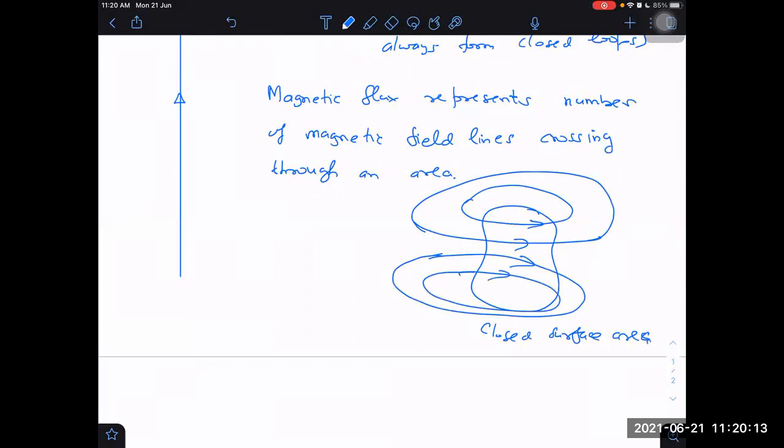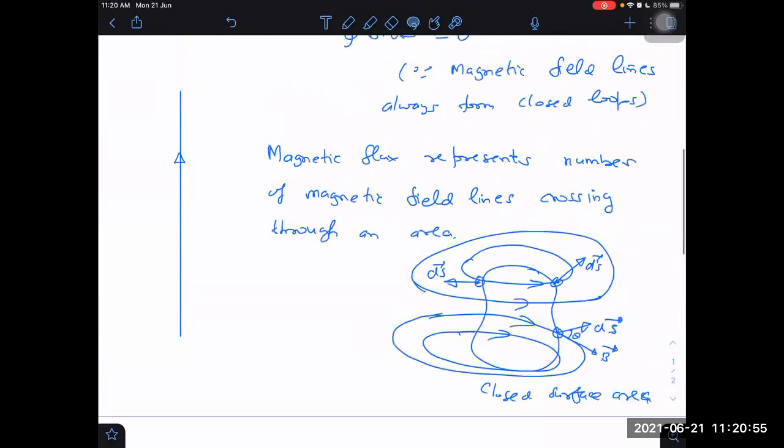So magnetic flux, where it is entering, will be taken as negative. Why is it taken as negative? I told you by convention, area vector will always be taken pointing perpendicularly outwards. This is area vector. Similarly here, this is area vector. In different places, different directions. Depending on the situation, we will get some places obtuse angle, some places acute angle, but net flux will come out to be 0. Positive will cancel negative.